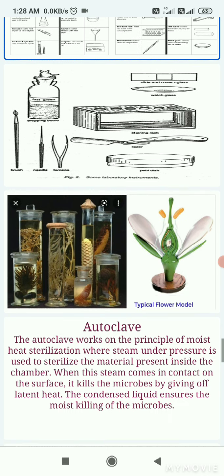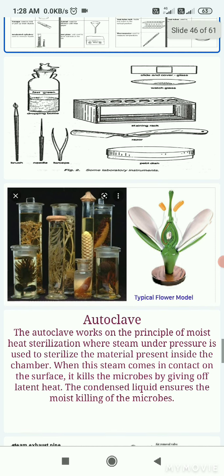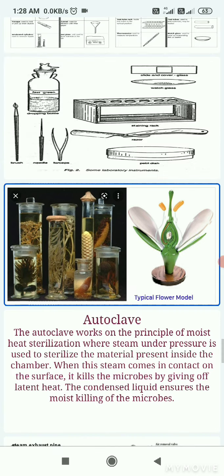Here is a sampling bottle within which we can preserve different types of plant organisms, and this one is the typical model of a flower which is present in all labs for the various purposes of its study. So in this way we can stop here our permanent slide making topic, and